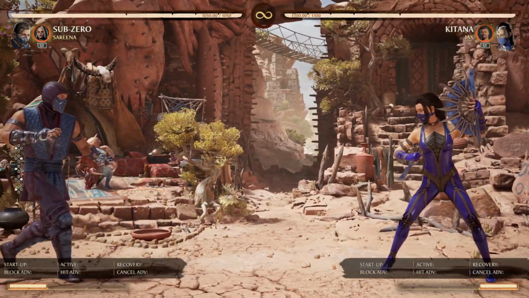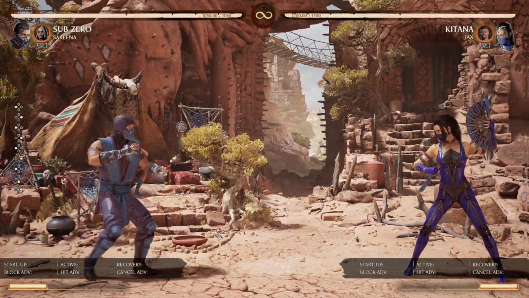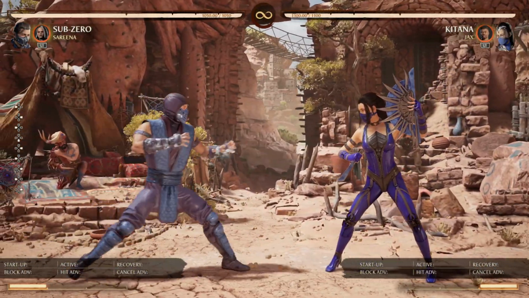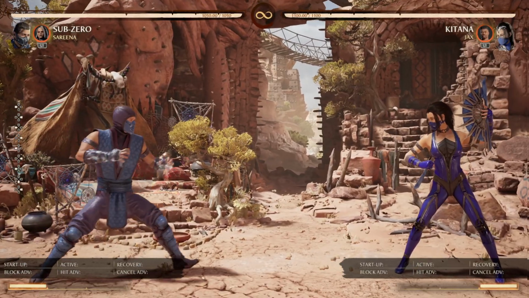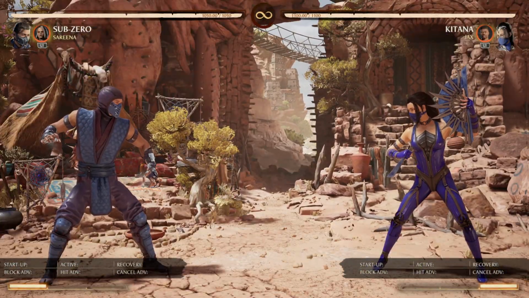the thing I should have started with is you need to learn how your character moves. Peep how quickly Sub-Zero walks forwards and backwards. This right here is very good. Look how quickly he switches direction. Also,